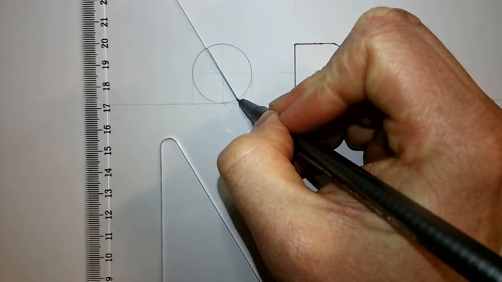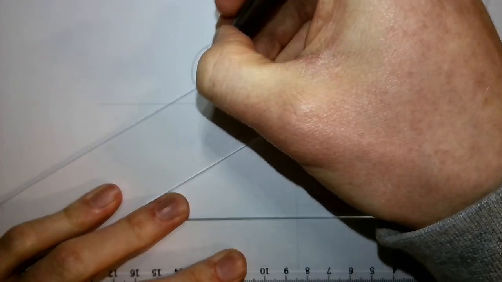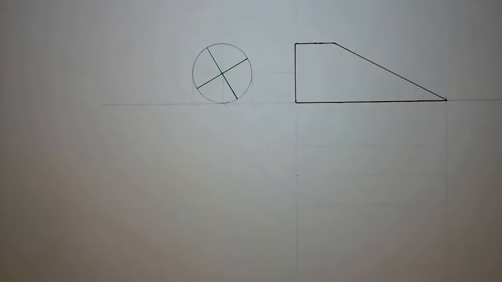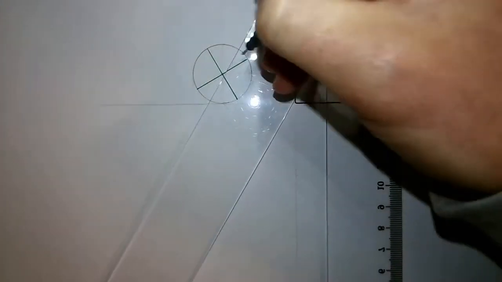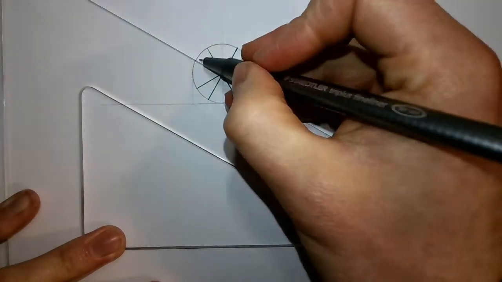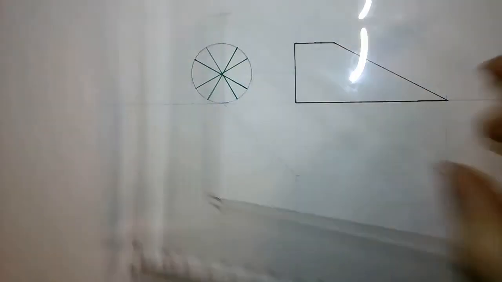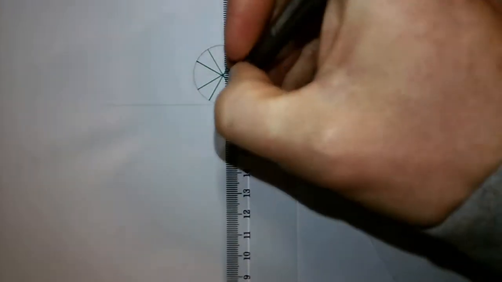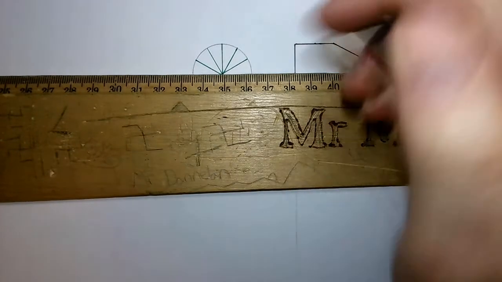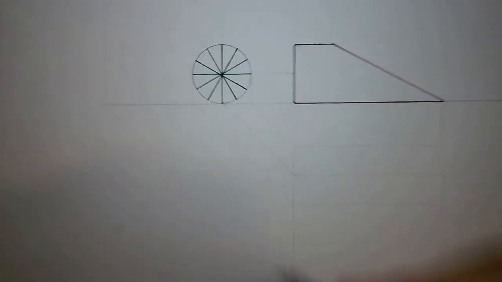Split up, so we need generators, as we call them, to give us points. So you should end up splitting this up into 12 equal sections. Okay, so I split that up into 12 equal sections, and I'll label them 1,